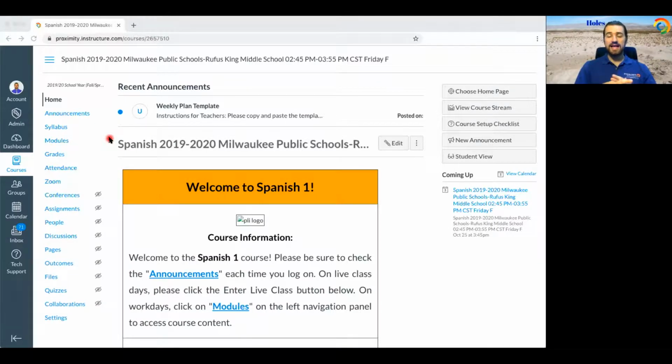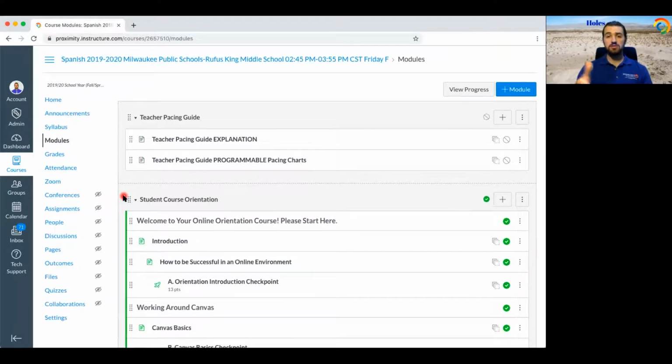Today we're learning how to publish or unpublish a module or a certain assignment so students can or cannot see that. I'm in one of my new courses. You can be on the home page of whatever course you want. Click on modules over here to the left. So your modules load, and here you have all the information,